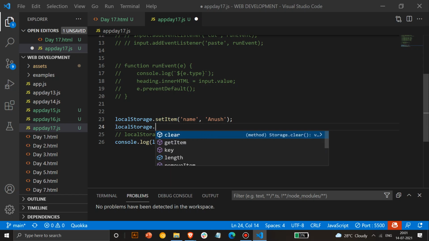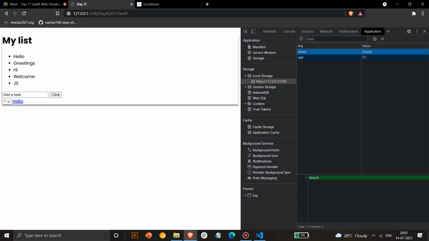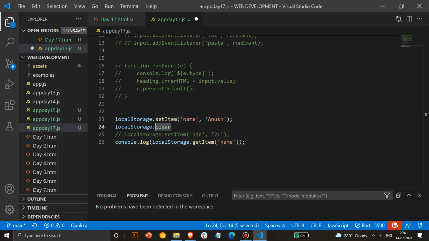Clear will clean all the storage, but it won't clean the data here. It will still keep some data. Also you can delete the data manually using the browser: delete selected, and you can delete that data. But if you want to delete it using code, you can do it using removeItem. That's the default format which you use for deleting it.